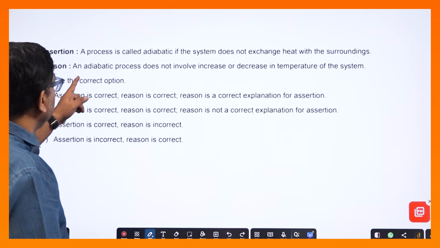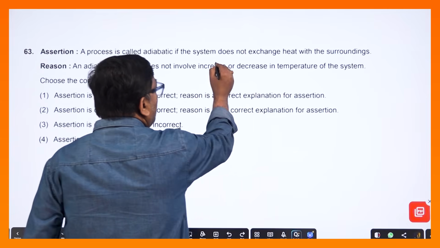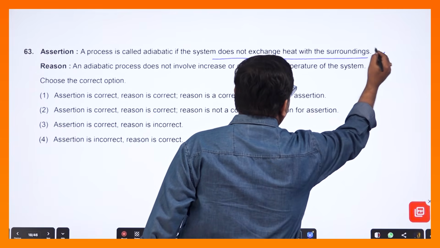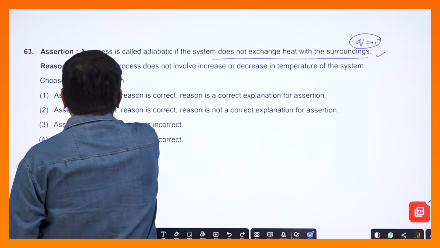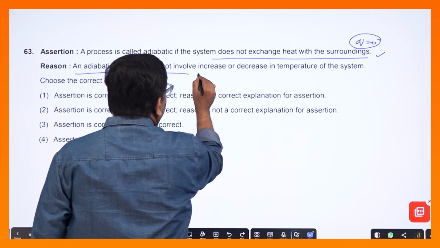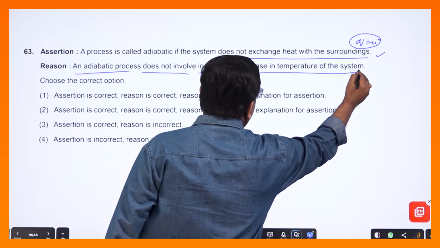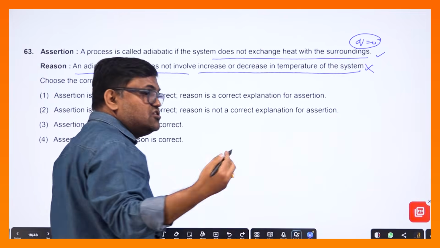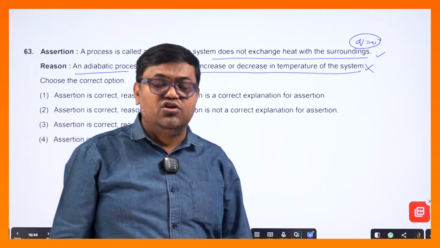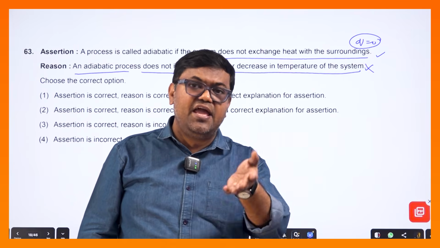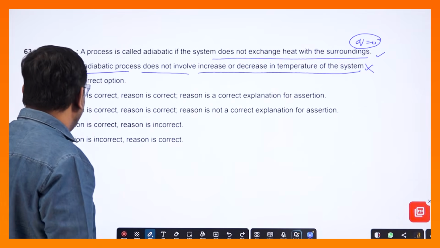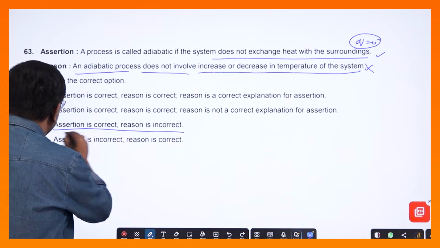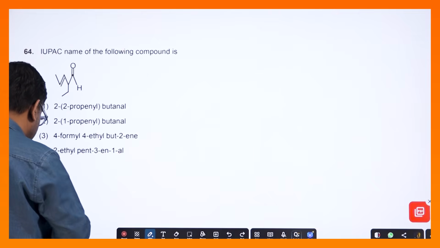আবার আছে, a process is called adiabatic if system does not exchange heat with surrounding, ঠিক আছে, কারণ এক্ষেত্রে q জিরো হয়, তাহলে স্টেটমেন্ট ঠিক বলেছে। In adiabatic process does not involve increase or decrease in temperature of system, একদম ভুল। যদি এক্সপ্যানশন হয় টেম্পারেচার ডিক্রিজ হয়ে যায়, যদি কম্প্রেশন হয় টেম্পারেচার বেড়ে যায়, তার মানে এই স্টেটমেন্টটা ভুল। তার মানে আমার অ্যাসারশন ঠিক, রিজন ভুল, অ্যাসারশন ঠিক রিজন ভুল, কারেক্ট হচ্ছে 3 নম্বরে। নেক্সট কোশ্চেন, কোশ্চেন নাম্বার